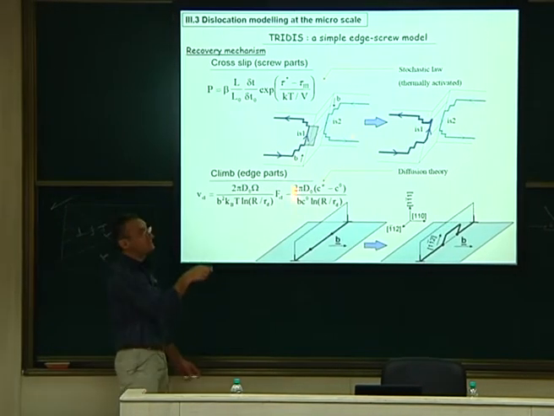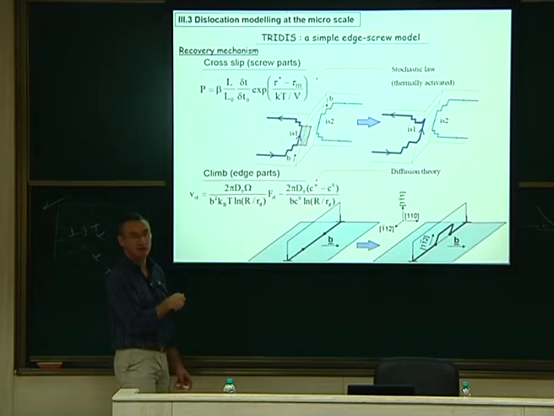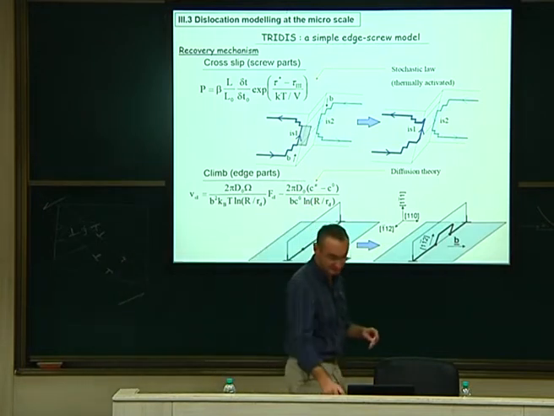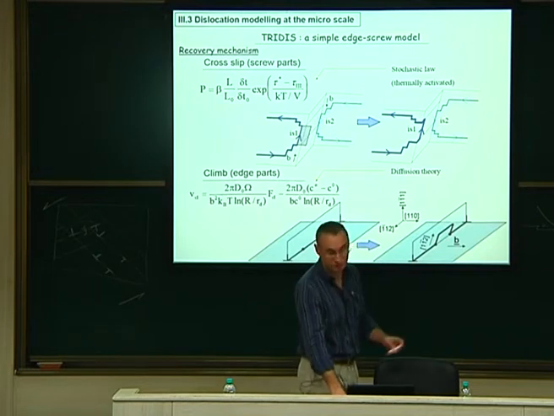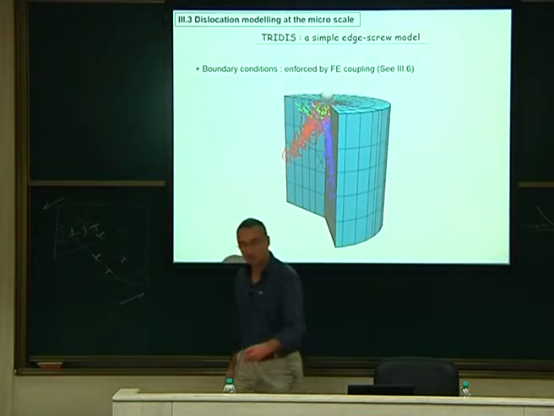So it means that the time step is not compatible between the two. If you are dealing with glide, then you will not see climb. If you are dealing with climb, you don't have time to look at glide. So this is a choice, and today there's no good solution for that. But people tried, and we also tried to put both at the same time, with advantages and inconveniences.